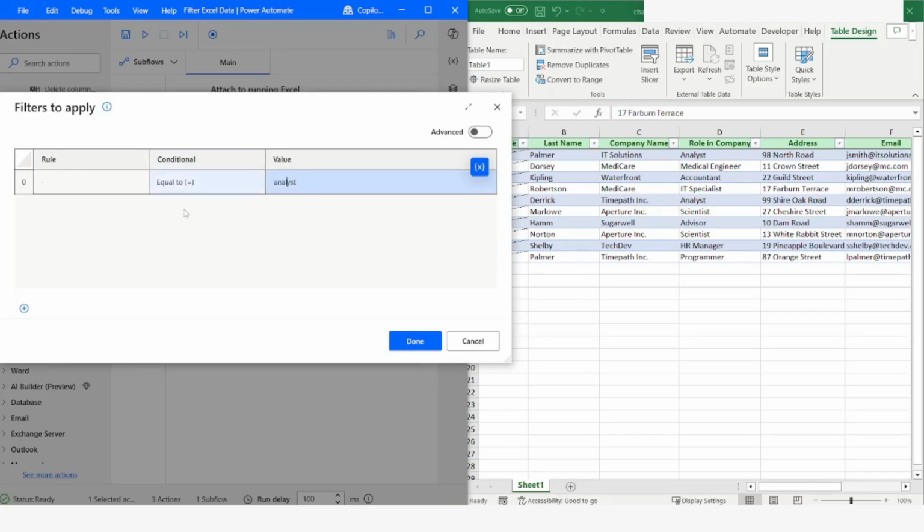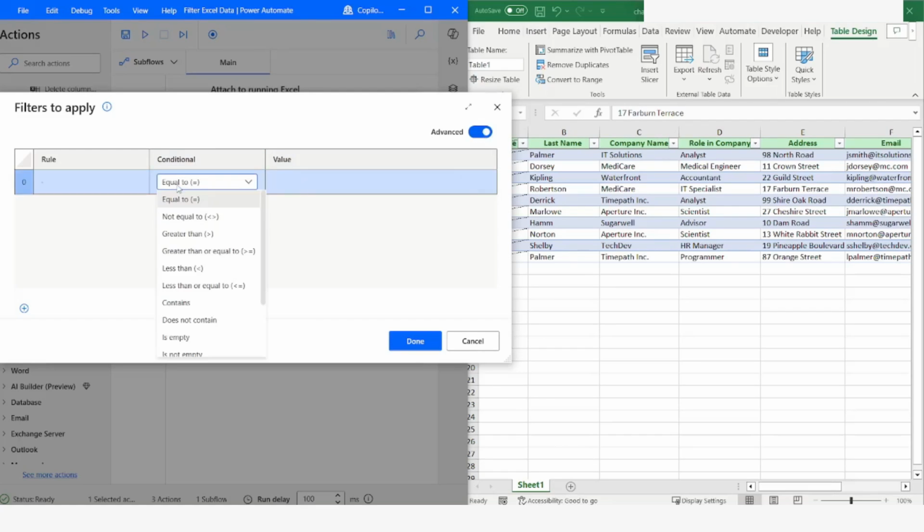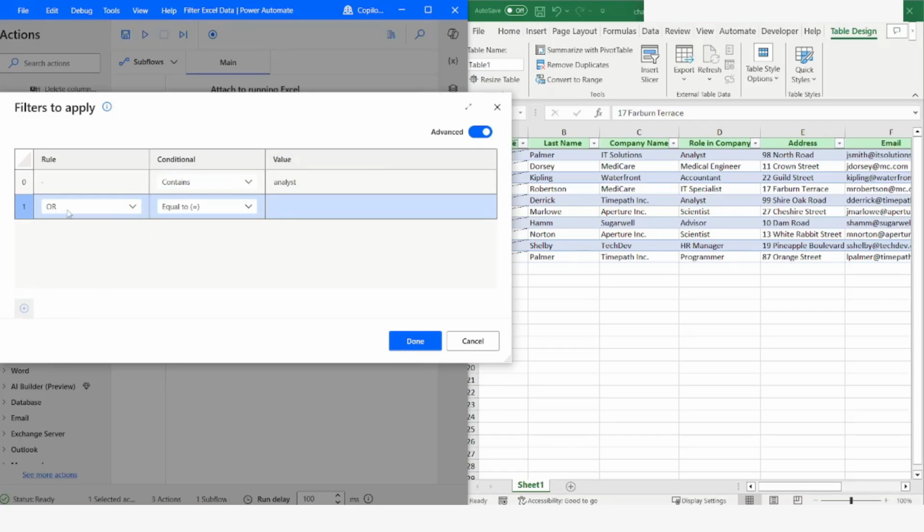If I want to change the conditional, I will have to enable the advanced settings, and then I will go to contains, and here I can say analyst. And let's say if you want to add one more condition, in that case you have to specify which operator you want to specify here. So it could be or